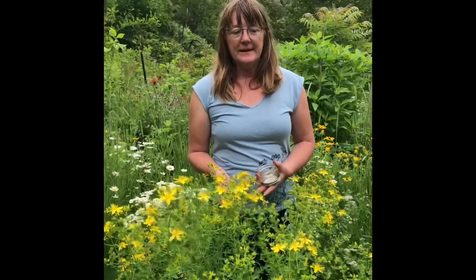Why is it medicinal? What does it do to help us? Well, I like to use St. Joneswort both internally and externally. So internally, I will make a tincture, which is an alcohol extract, and then take it internally. It's a great antiviral for a broad spectrum of viruses. It also helps ease muscle aches and pains, or even sciatica pain. And I think one of its largest calls to fame is that people think of it to help ease mild